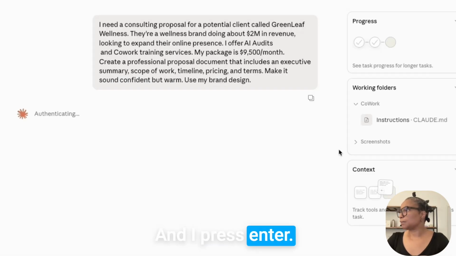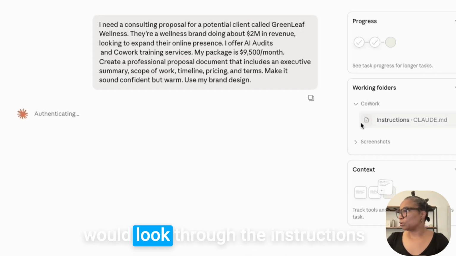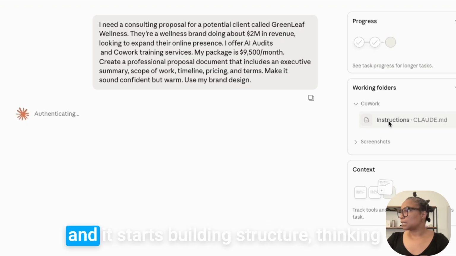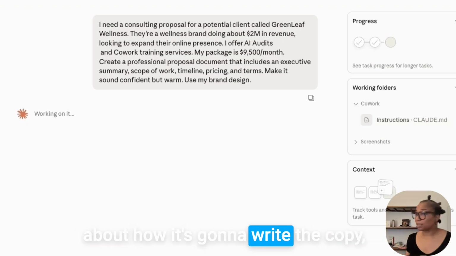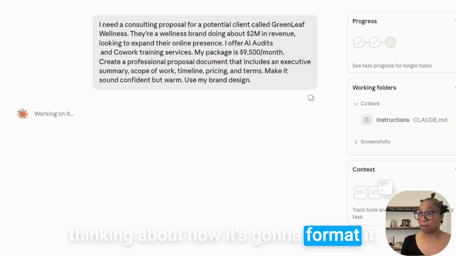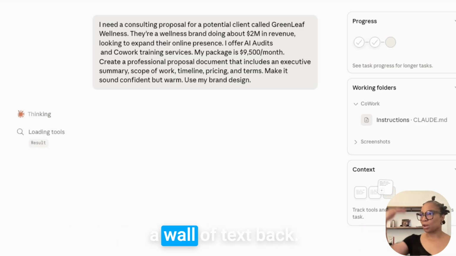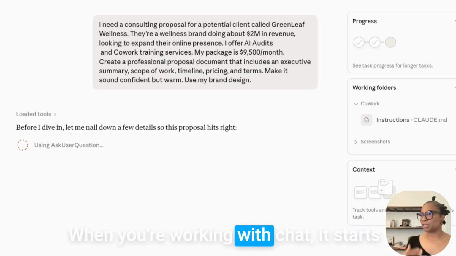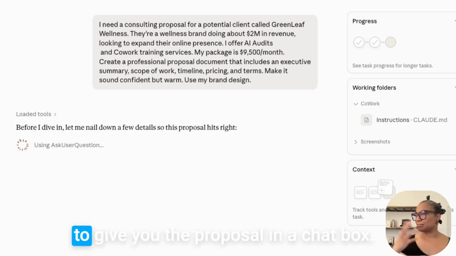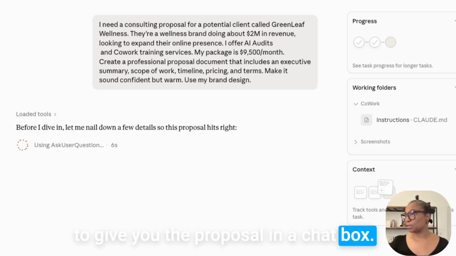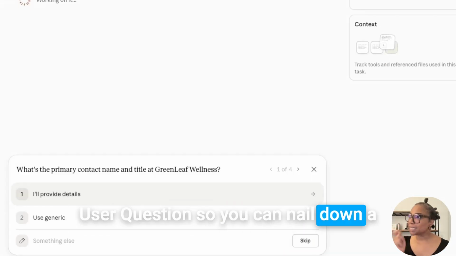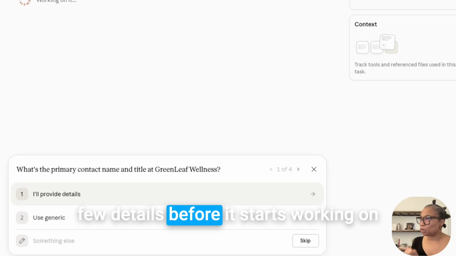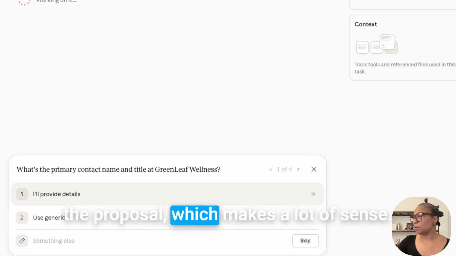When I press enter, you immediately see that Cowork looks through the instructions and starts building structure, thinking about how it's going to write the copy and how it's going to format it. Notice I'm not getting a word of text back. When you're working with chat, it starts to give you the proposal in a chat box. But now it's going to use a tool called Ask User Questions,